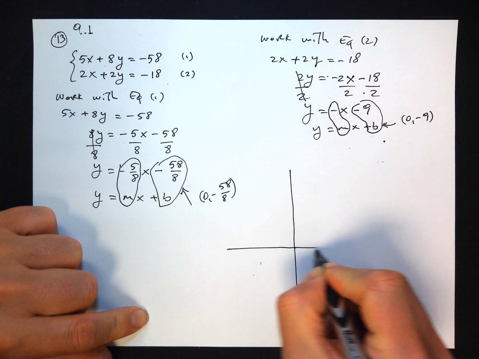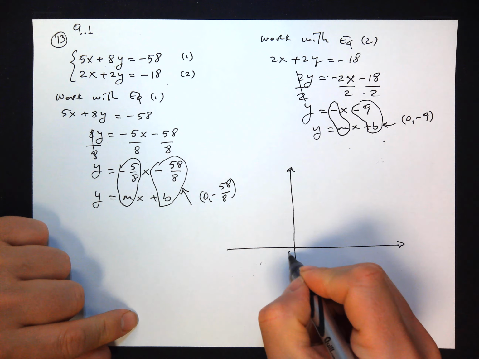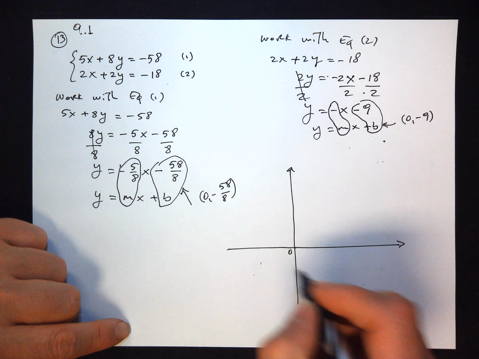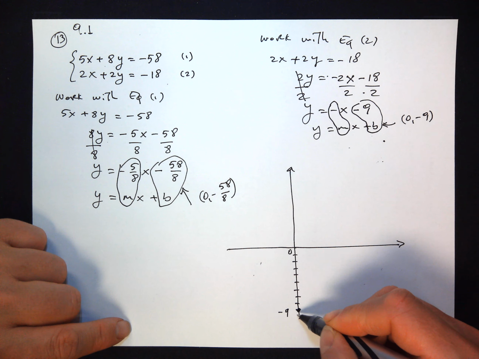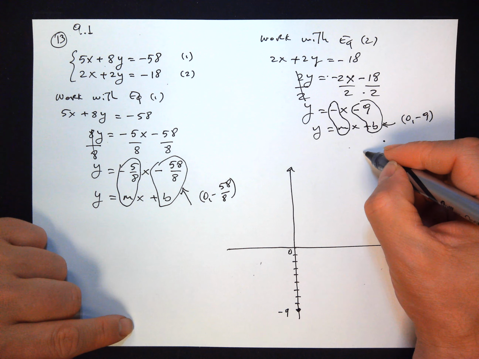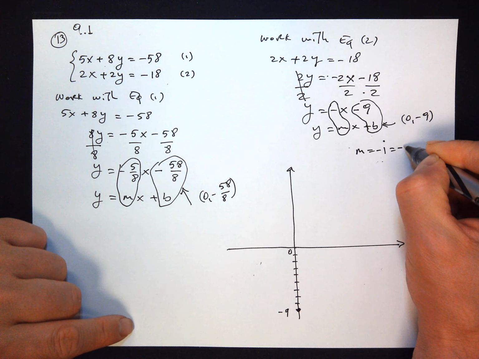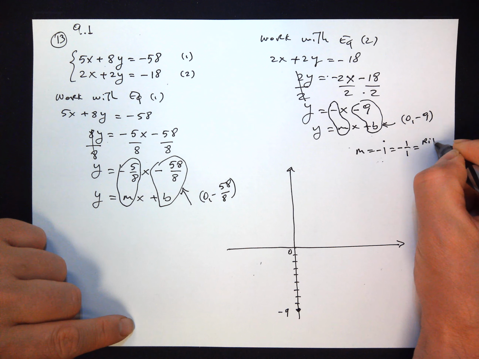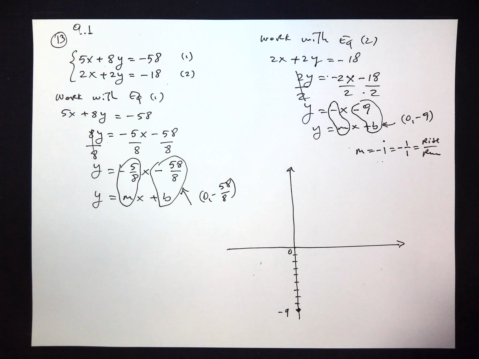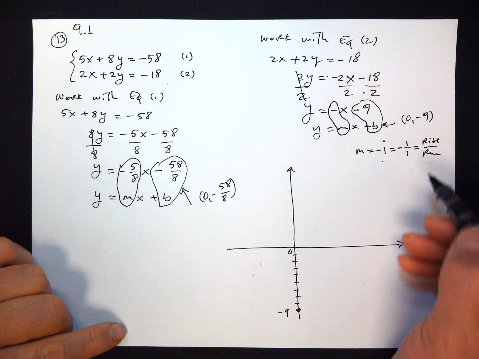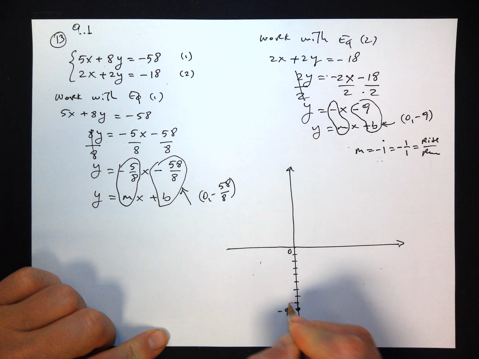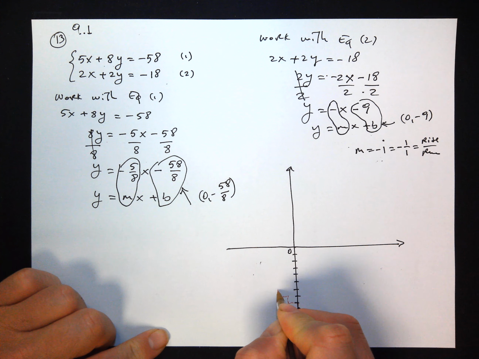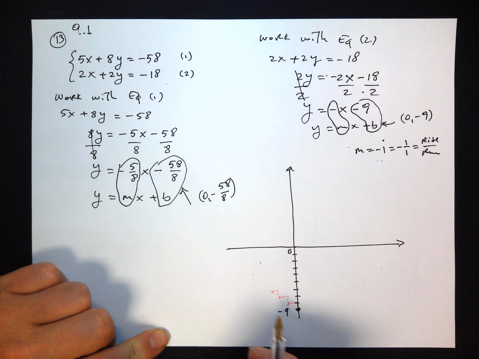So here is our x and y coordinate at 0. And let's say 1, 2, 3, 4, 5, 6, 7, 8, 9, negative 9. Okay. So one line, the second one is going to cut through negative 9. So notice that the slope equals negative 1, or negative 1 over 1, which means rise over run. So you're rising 1 and running 1. So because it's negative, you're going to run to the left. So up 1 and then to the left. Okay, so notice every time you make a stair,